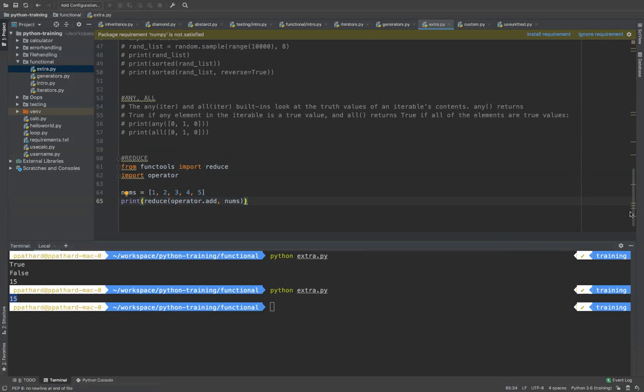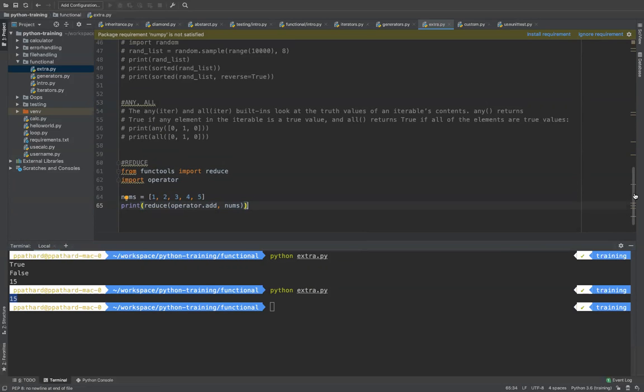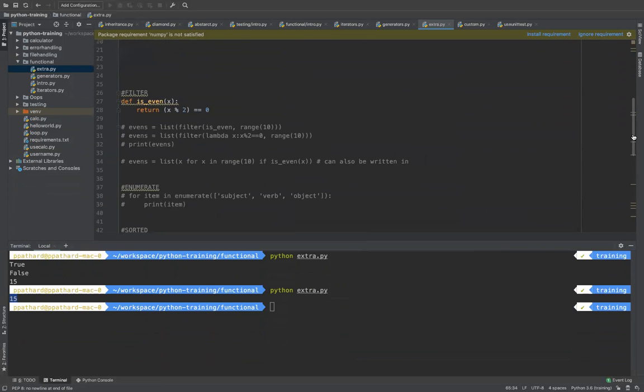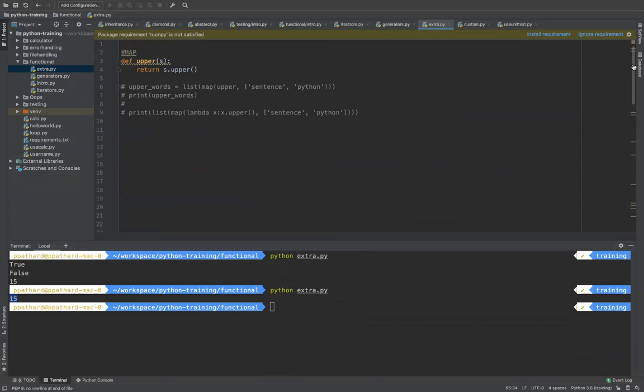So you understood map, filter, reduce, any, all, sorted, enumerate. Similarly, there are some more functions that you can explore, like zip. Zip is a function with which you can combine multiple things together. And there are some more things we can learn called decorators. You already used them in the course, like add class method, add static method.